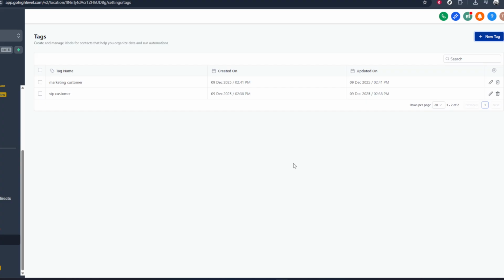Avoid special characters that might make the tag harder to search for, and keep the name short but meaningful. Once you're happy with the tag name you've entered, go ahead and click on Create. The new tag will be saved immediately and added to your tags list. From this point on, you'll be able to apply this tag to contacts, use it in workflows, and include it in